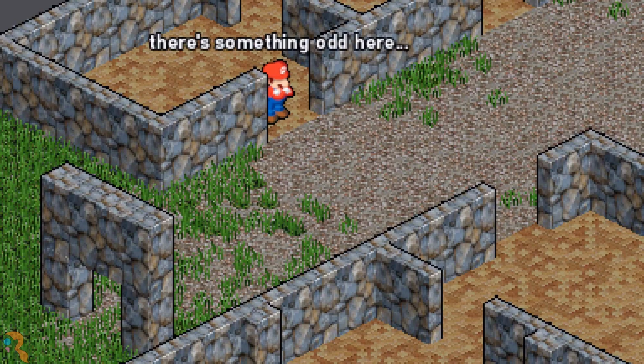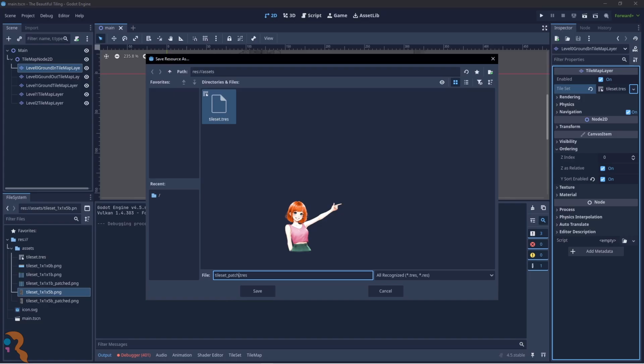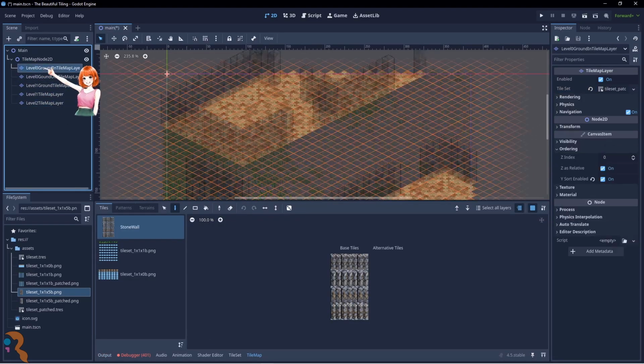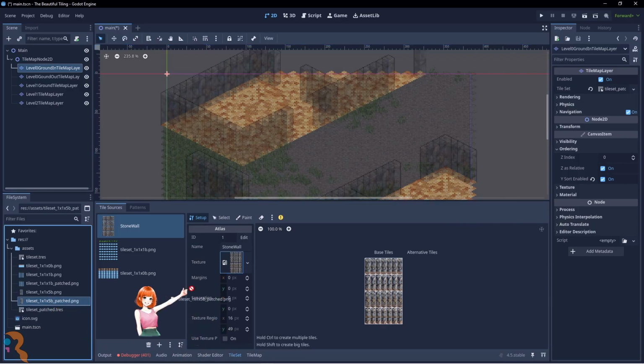There's something odd here. But it should be even. Even? Yes, even. It's a pixel alignment issue. We can fix the issue by translating the tile map layers by half a pixel, or better by replacing the tiles with ones whose height is an even number of pixels. Let's do it.